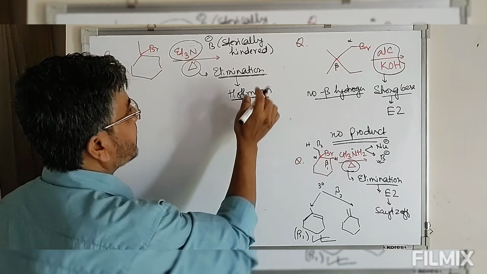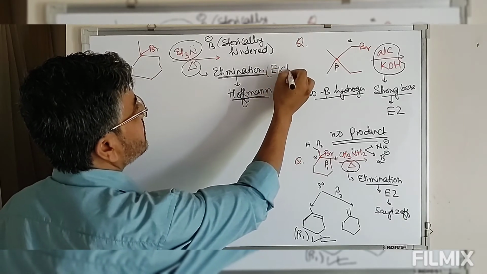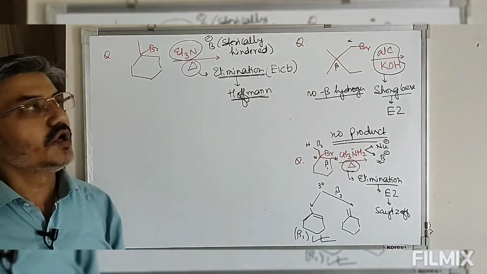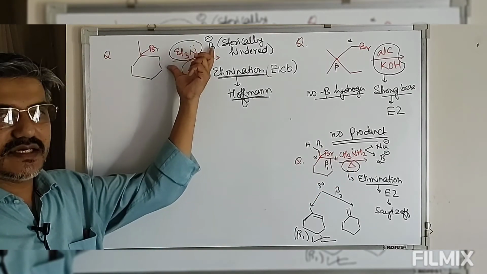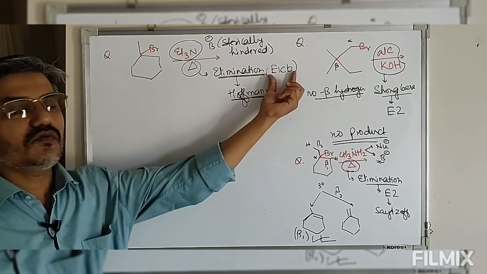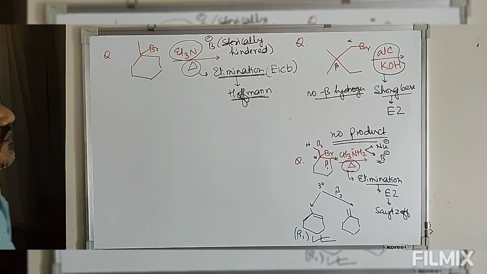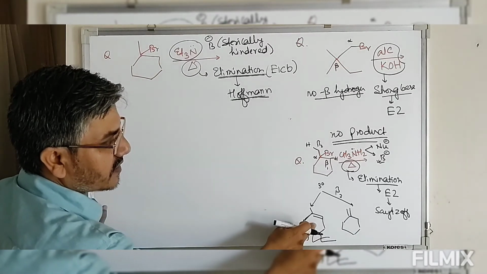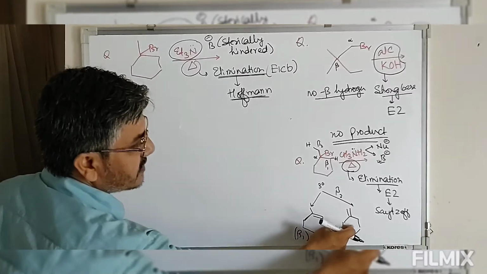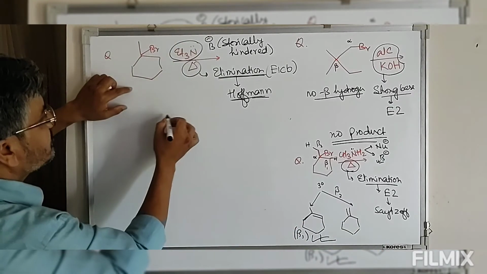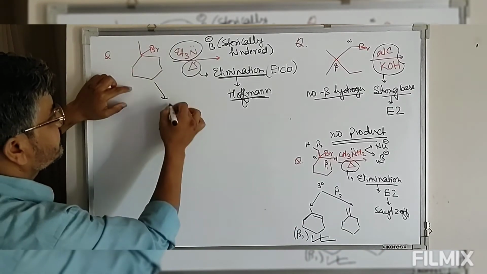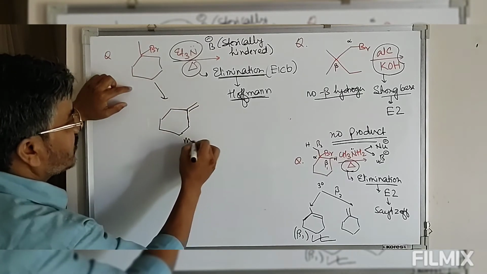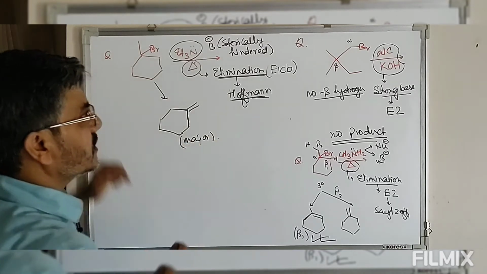If the reaction is Hofmann, then the mechanism is what we call E1cB mechanism, elimination unimolecular from conjugate base. So whenever we have a sterically hindered base, elimination follows from the conjugate base, and then the product will be Hofmann. In the previous example, the more alkyl substituted product was the Saytzeff product. The less alkyl substituted product was Hofmann. So the major product in this reaction will be this, that is what we call the Hofmann elimination product.